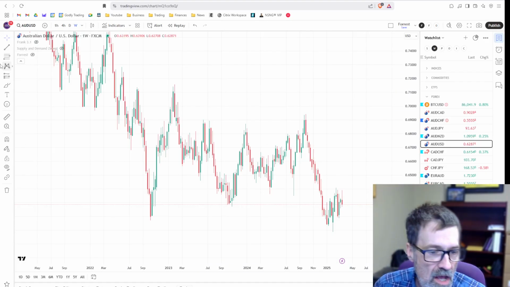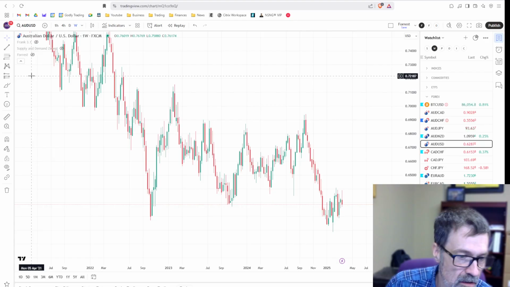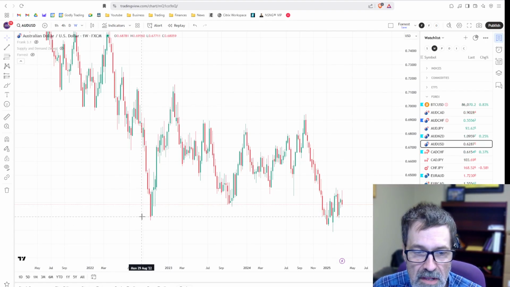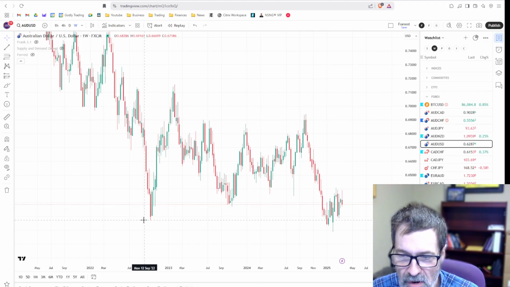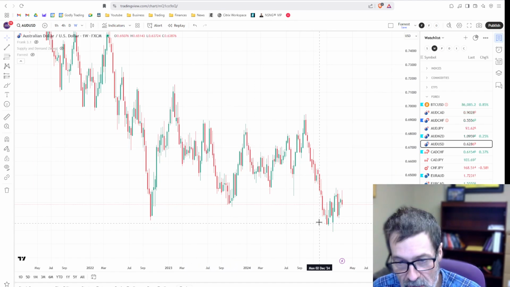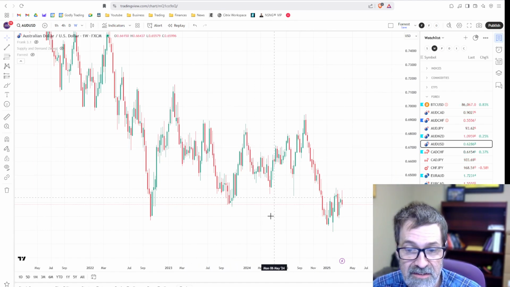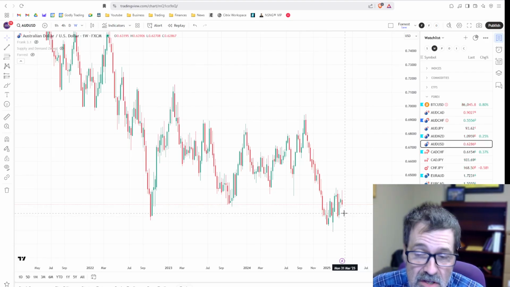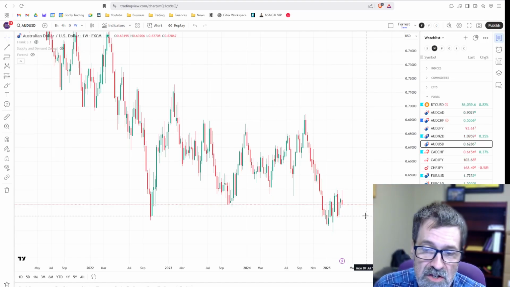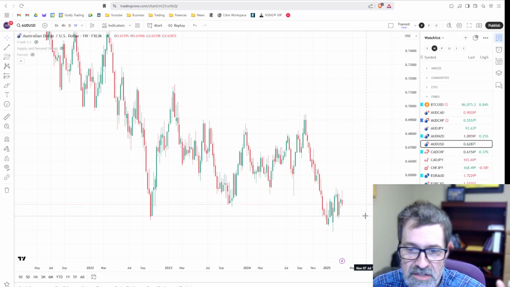So you can see since May of 2021, price has been coming down. It bounced off of this particular price here around 6,200, bounced off hard, came back down, bounced, came back down, penetrated that a little bit, and now it's bouncing again. Is this a dead cat bounce? Is this a bearish flag? My instincts would say this is a bearish flag, but I don't care about my instincts. I only care about what the chart tells me.